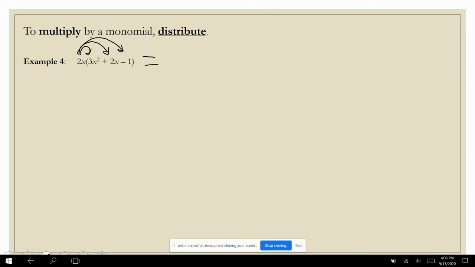So remember, when we're multiplying, I want you to multiply constant by variable. So 2 times 3 is going to be 6. X times x squared is x cubed. Okay, remember that guy is x cubed because x squared is really x times x. So here we're multiplying x times x squared, or x times x times x, which is going to give us x cubed. 2x times 2x is that positive 4x